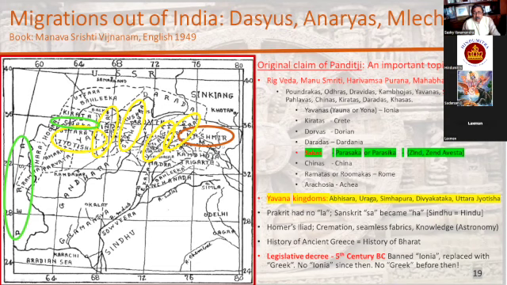So the point is, where does this become important? It becomes important because the Aryan invasion theory was an invention by Max Muller in 1850. There is no text in the world that talks about Aryans as a race before Max Muller, because Max Muller invented it.